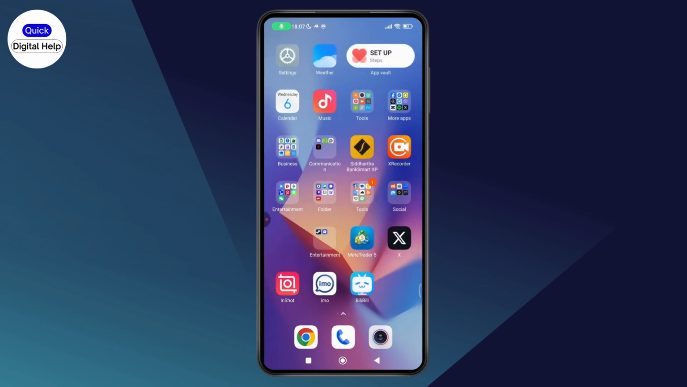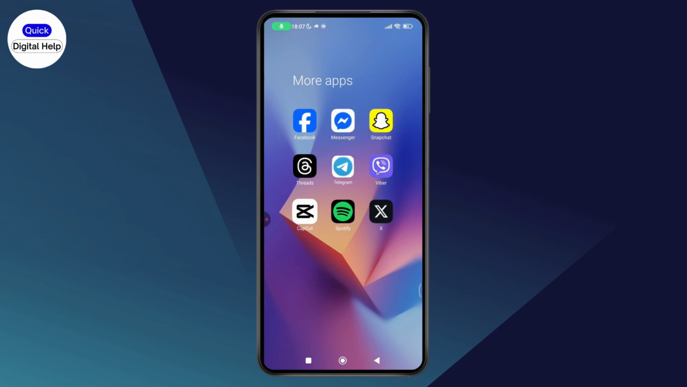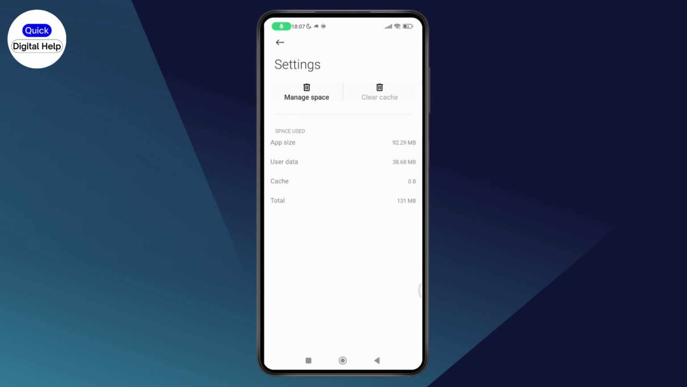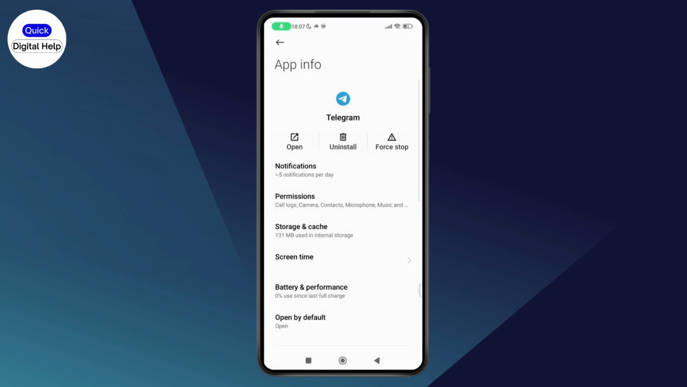After that, you need to find your Telegram application, tap and hold on to it, then go with the app info section. Once you're in your app info, you need to go with storage and cache and then go with clear cache, which will be in the top right. After clearing your cache, your problem might be fixed, or just simply go with storage and cache again and then